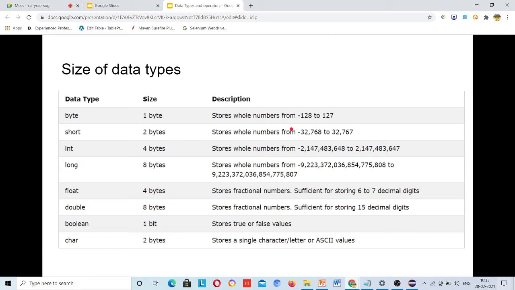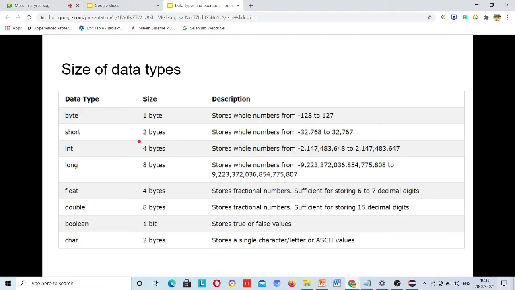If the data is in the range of -128 to 127, for example any person's age, suppose somebody is 24, then byte is sufficient for age. Nobody nowadays will be more than 127 years. So byte can store age and other values also. Depends on the situation.